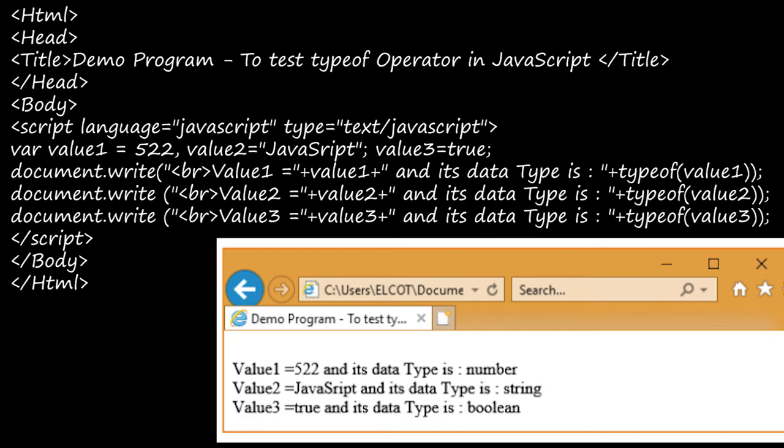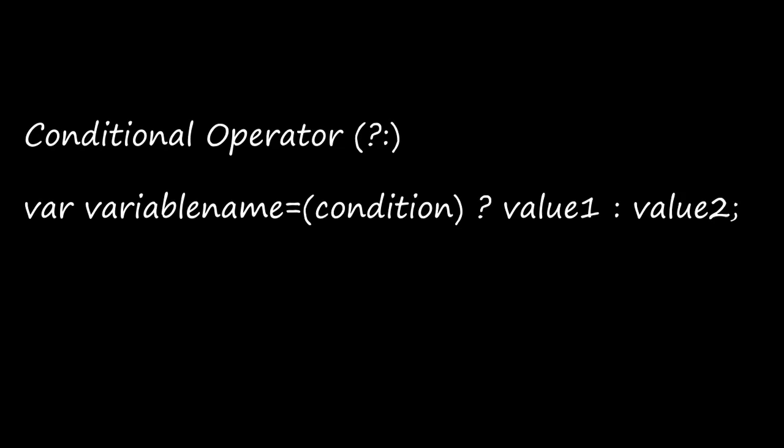Next we are going to see about conditional operator. Okay, conditional operator means it is question mark and colon. That is the conditional operator. Okay, this conditional operator in JavaScript will need 3 operands. So this conditional operator is also known as a ternary operator. Okay, we know unary, binary. Unary means 1, bi means 2, ternary means 3, right? So here this conditional operator needs 3 operands. So this conditional operator is also known as ternary operator.